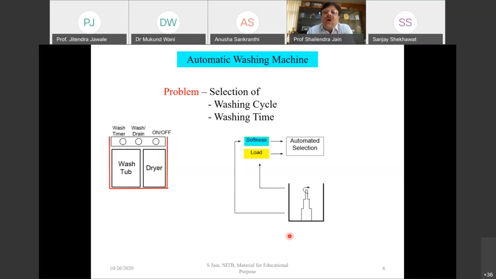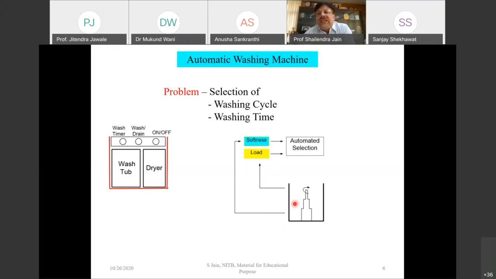As you are aware, all the machines are available in different load capacities, isn't it? 5 kg machine, 6 kg machine, 6.5 kg machine. Basically, that is the load of the cloths put into the washing machine, the capacity of this tub, which is weighed. So a load sensor gives information to the controller about how much cloth is added, whether the machine is fully loaded or half loaded or 2/3 or 1/4. That is the input for taking the decision how much water to be added into the tub.